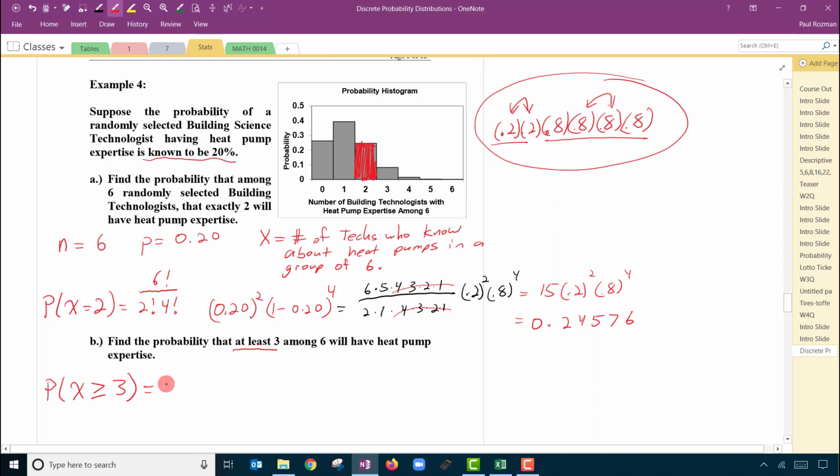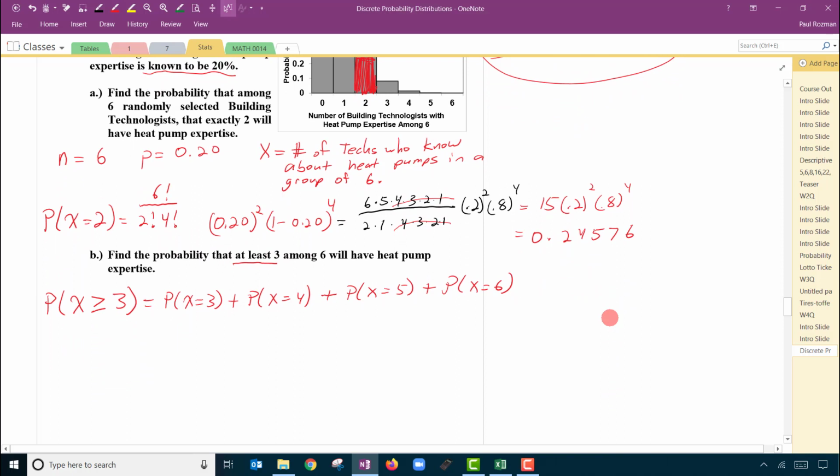If we were going to do this directly, we would find the probability that x is 3, but it could also be 4. Or you could have 5 successes. Or you could have all 6. So we'd have to do these 4 calculations using the formula above,